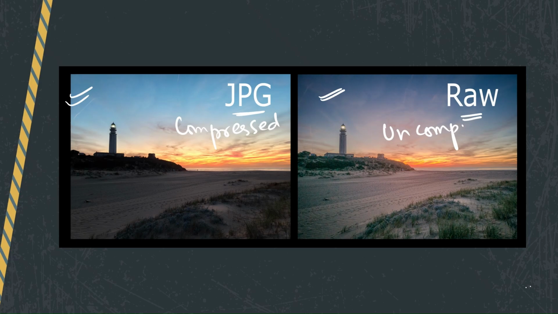It preserves every single bit of data captured by the camera sensor with absolutely no processing or compression. RAW files are larger, but they contain the maximum possible image detail and can be adjusted after capture without any loss of quality. In forensic photography, RAW format is always preferred because, as you can see here as well, it maintains the highest